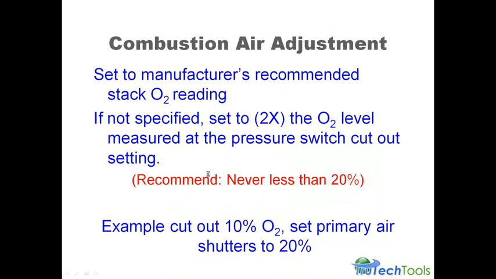All right, so combustion air adjustment, you set it to the manufacturer's stack O2 reading. If it's not specified, set it to 2 times the oxygen level, measured at the pressure switch cutout setting, but never less than 20% excess air, okay? So simply cut out at 10% O2. In other words,